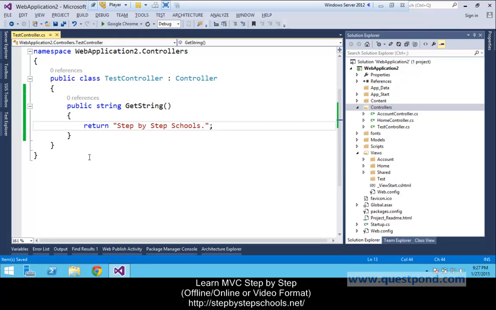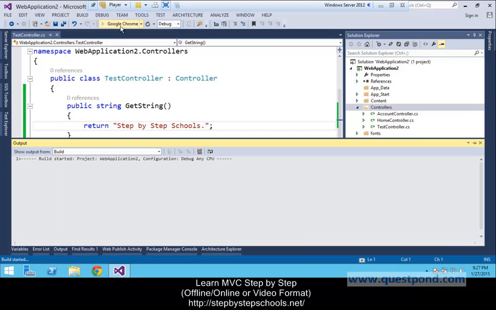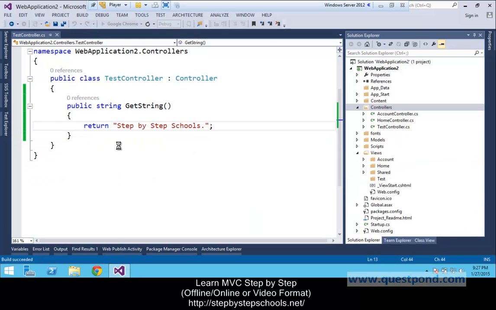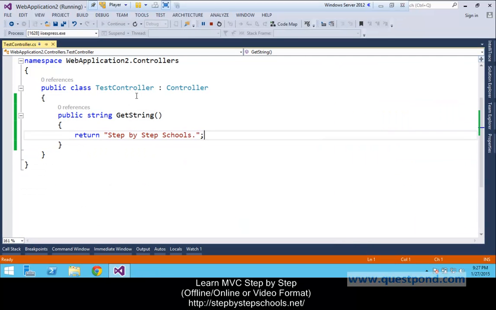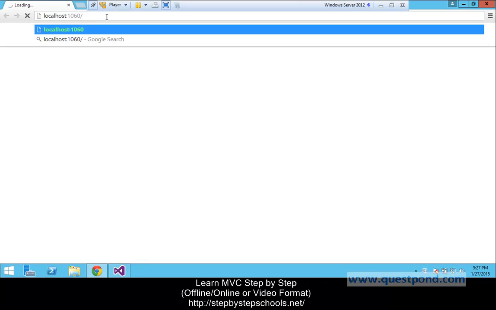You might be confused. Let's make it clear. Execute the application. It will launch our default browser, that is Chrome. In the address bar of the Chrome browser we will simply put /test.